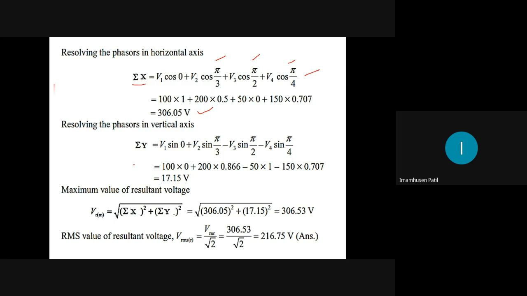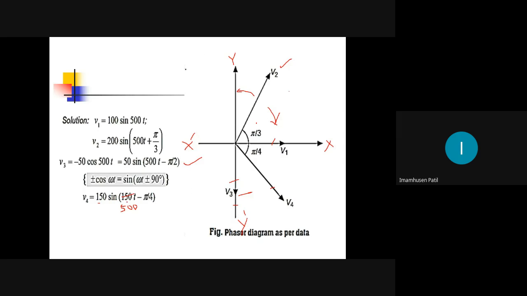Okay. Then while resolving, see, sir, that 150 only taken, right? Yeah, here 150. This is 500T. Yes, sir. This is 500T. Okay. Now you can see here V3 and V4. If you resolve into the vertical component, it will come down here. This is the negative axis, y axis negative. Can you see here? Yes, sir. Okay. Then whatever quantity V4 and V3, you have to take minus.